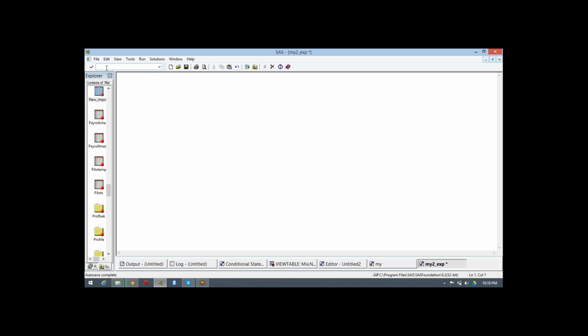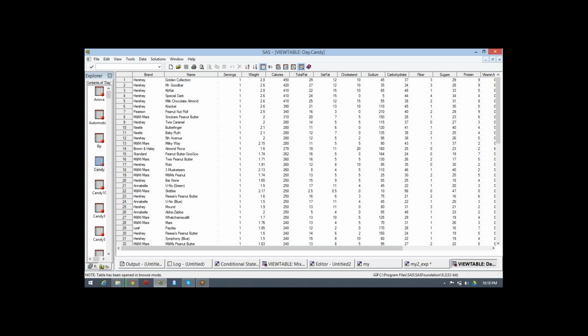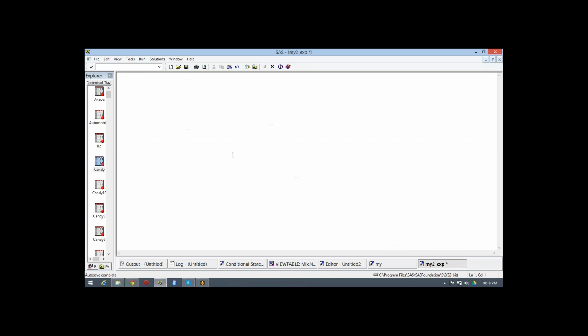Let's suppose you have 75 rows. If you want to read from the 10th row to 75, or 10 to 50, you can write a data step where set is going to refer back to candy, where you can say FIRSTOBS equals 10 and OBS equals 20, restricting it up to 20.